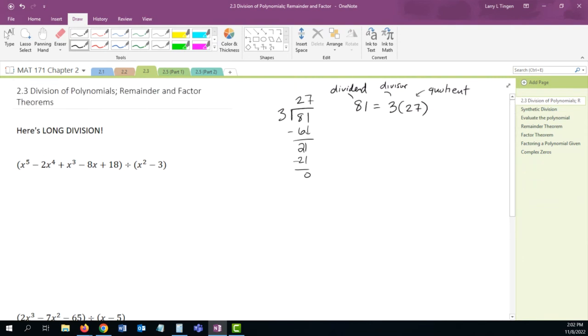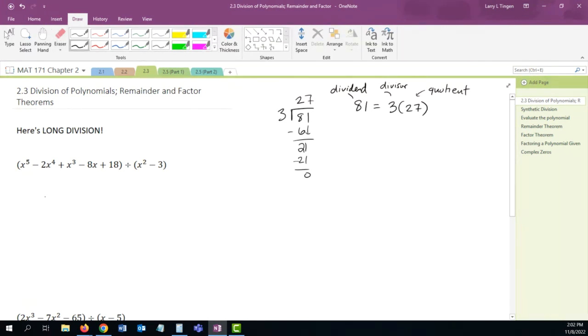any zeros. So for instance, if I did 3 into 106, that 0 is in here. Even though there's no 10s in this number, I still need to keep a place for it because it's going to help me line things up, right? Same thing here. What's missing? This is x cubed, this is x. I don't have an x squared term. So this is really,